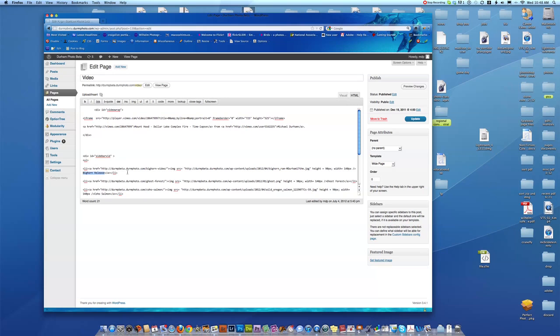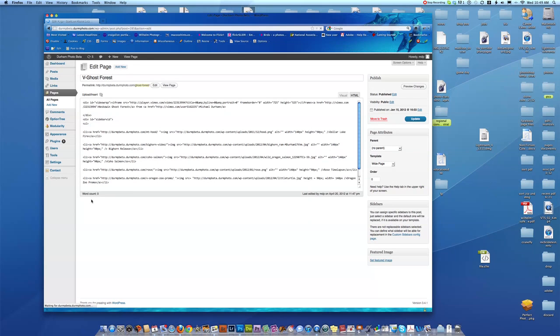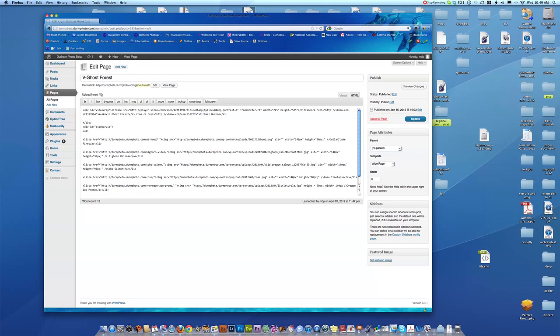The easier way to get that done is we already have a link to Dollar Lake Fire on some of the other videos. We didn't need it on this page because we already have the Dollar Lake Fire there, the big featured gallery. But once you change that, you're going to need it here. So what we'll do is we'll just go back to pages, all pages, and we'll pick any one of them that would have it. Well, there's the Mount Hood one, that probably went. So we'll do Ghost Forest. Edit. And we would go in here and we'd find the one that says Dollar Lake Fire. There it is, Dollar Lake Fire. We would copy that, Command C,